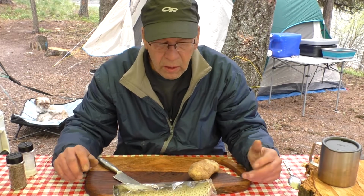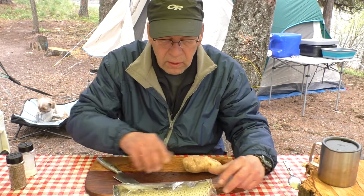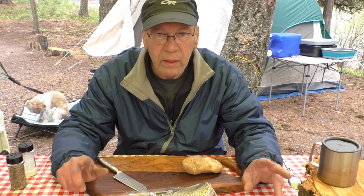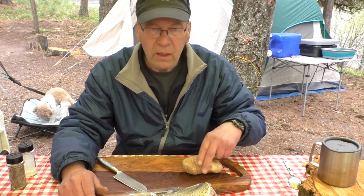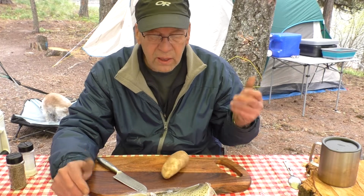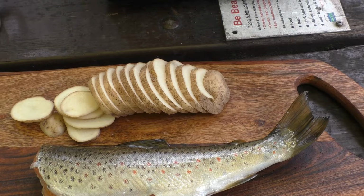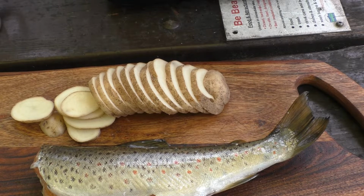All I'm gonna have is spuds and my trout, and I'm only gonna use salt and pepper and butter. That's it, and cook it in the fry pan. With that said, let's get this going. All right, we got the potato ready. Fish is all set. Now we're just gonna